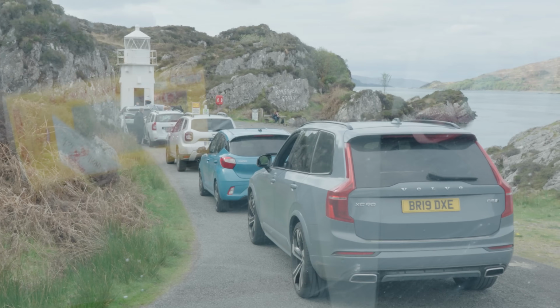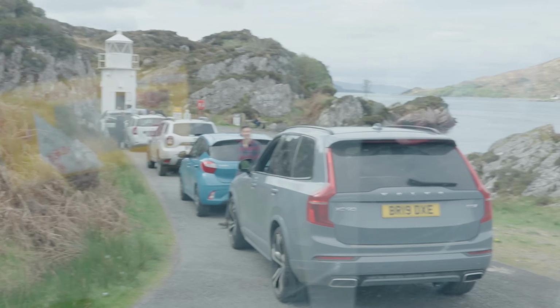So we've decided to take the ferry across to Skye. So we've just arrived at the ferry port area where you board, and there's a queue of cars in front of us at the minute. I think we'll probably have to go on our own because we're quite a big vehicle. Josh, if you can wind down your window and show them the ferry,